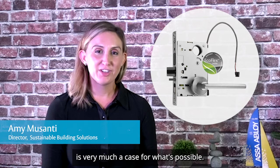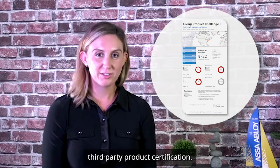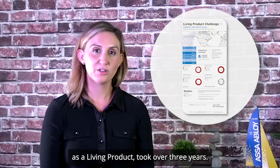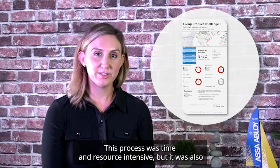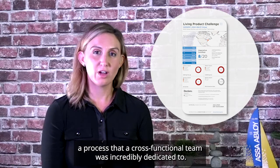EcoFlex Electrified Mortise Lock is very much a case for what's possible. The Living Products Certification is the world's most advanced and transparent third-party product certification. The process to certify the EcoFlex Electrified Mortise Lock as a living product took over 3 years. This process was time and resource intensive, but it was also a process that a cross-functional team was incredibly dedicated